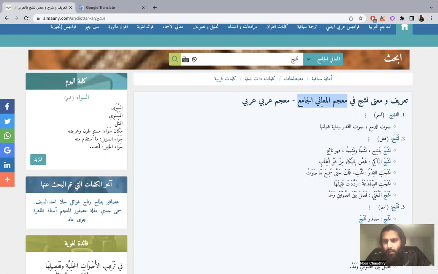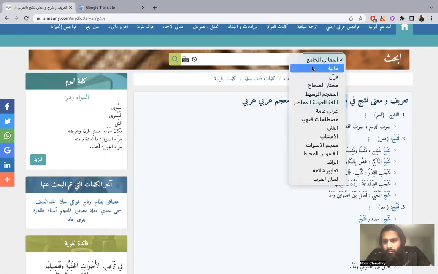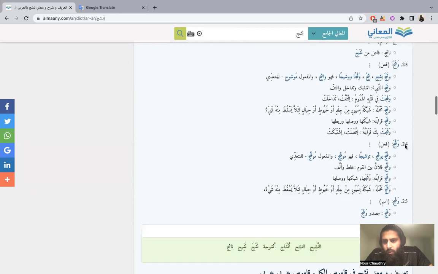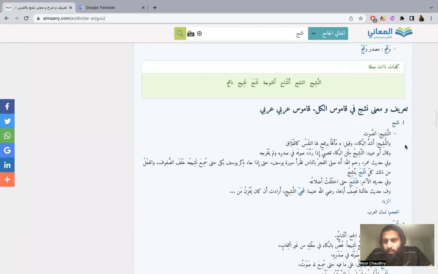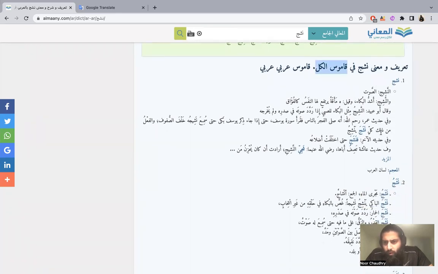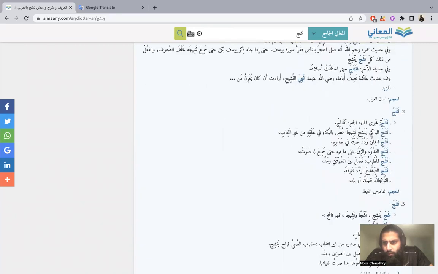This is Mu'jam al-Ma'ani al-Jami'. There's a number of different options. The second one, which is usually down here, is Qamus al-Kull, which is usually as far as I'll really go. But if I go down,